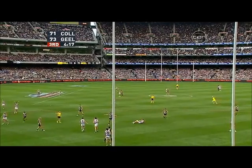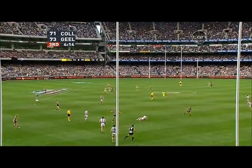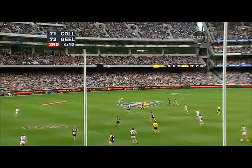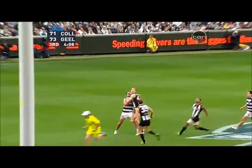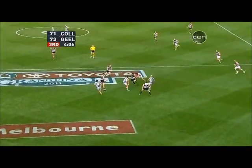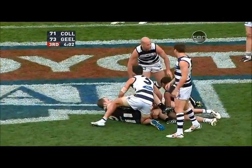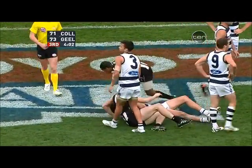Geelong have been the best team in the competition all year, and exactly that. They take more marks from opposition kicks than anyone. Harry Taylor, a specialist at it. So Taylor tiptoes and then kicks to the wing. Davis over the top, not quite. He bounced back to his feet to apply a big tackle with Maxwell, and they've wrapped it all up. Cats have had more contested marks in this game,